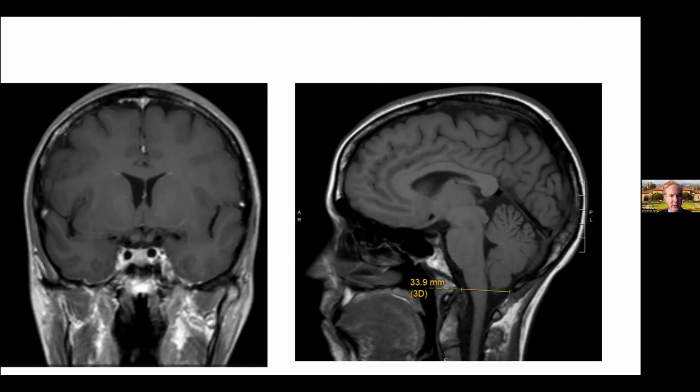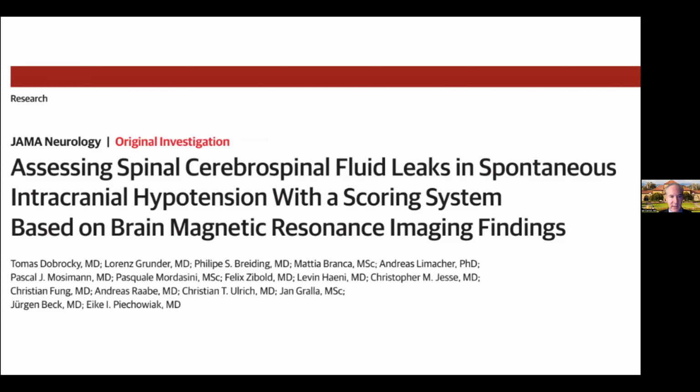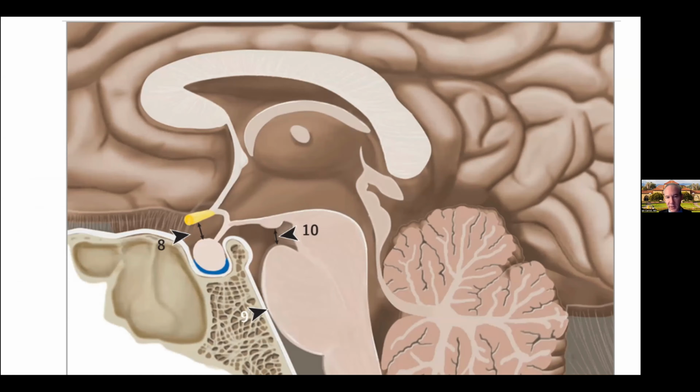She would not meet the old, really current SEEPS criteria. She did not have subdural. She did not have pachymeningeal enhancement. There was no discernible sagging. Dr. Ulrich will look at that and say this is perhaps one of the cases that one of his papers would address. So Dr. Ulrich, in this paper from JAMA Neurology just a couple of years ago, participated in research that showed some of these distances, the distance between the top of the pituitary and the optic chiasm and the mammato-pontine distance here and the prepontine distance here, do in fact increase the likelihood that somebody has a leak if you see those things.